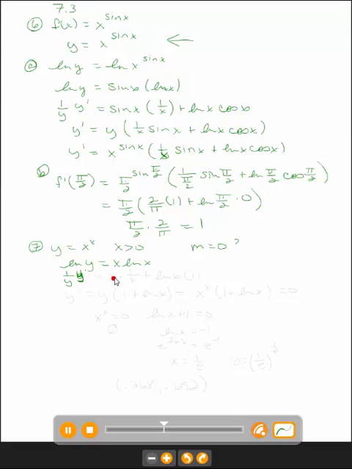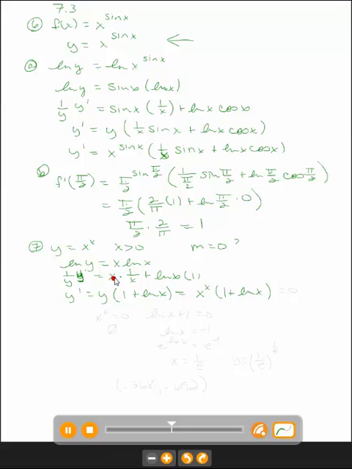That says y prime. The first times the derivative of the second, plus the second times the derivative of the first. So this is y prime is equal to, bring the y over, 1 plus natural log of x, which is x to the x, 1 plus natural log of x. Now the question is, will that ever be 0? Well,